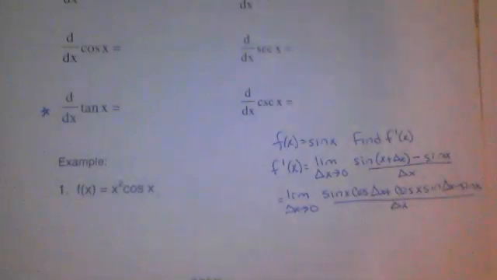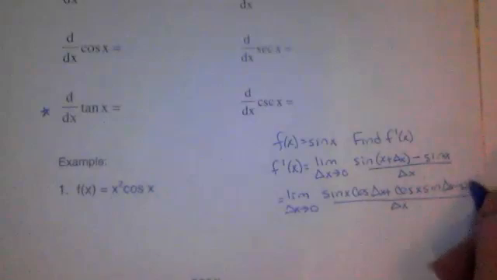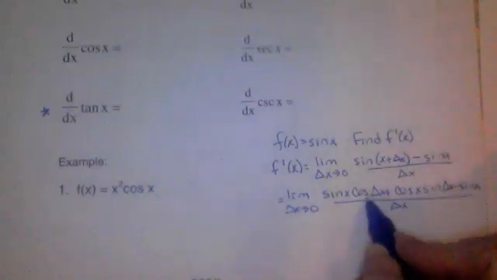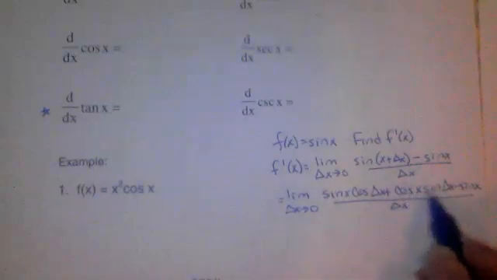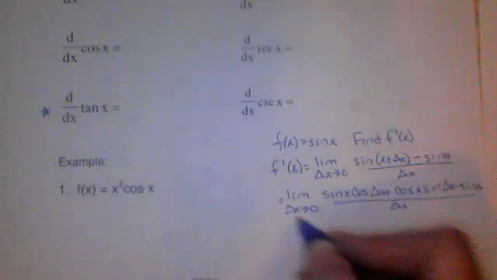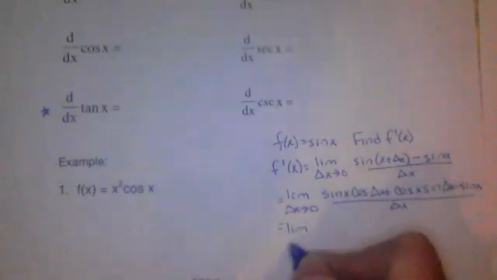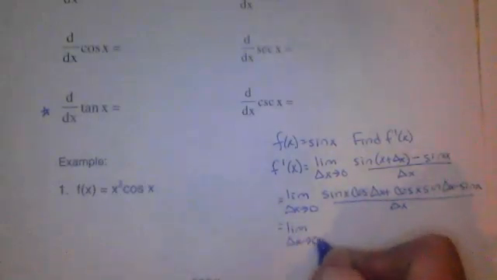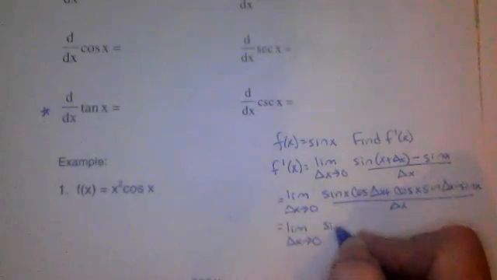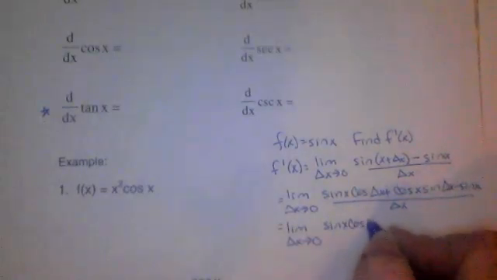So it doesn't look any better yet, but here's what we're going to do now. We're going to make a few changes to the order that we have. I'm going to move this minus sine x over here with this first term, and this cosine x sine delta x over to the right. So we're going to have the limit, all I'm doing is rearranging, as delta x approaches 0 of sine x cosine of delta x minus sine x